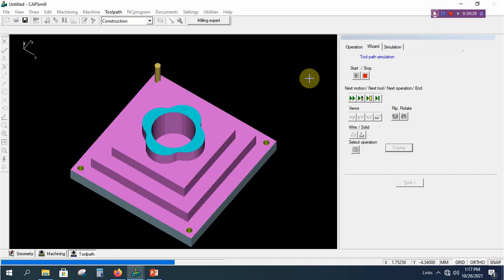Very small amount of pecking allowance we have given, so that the process time will be more.